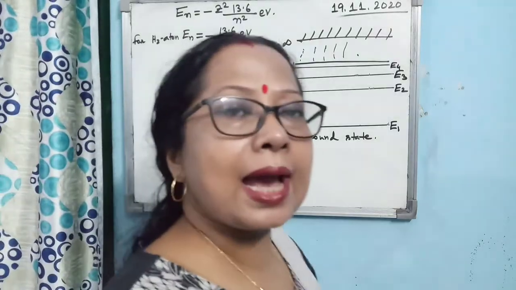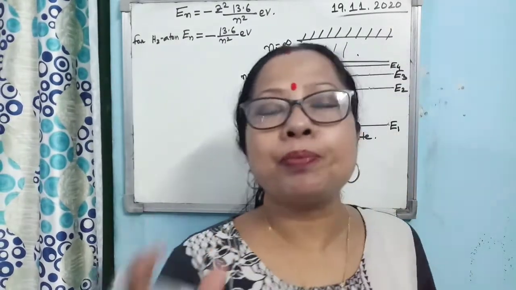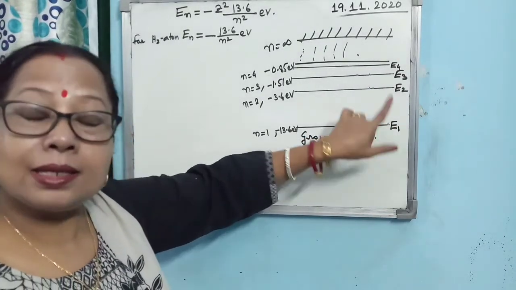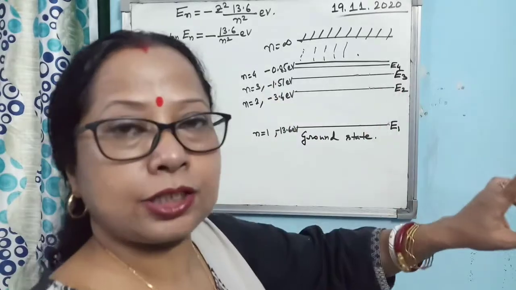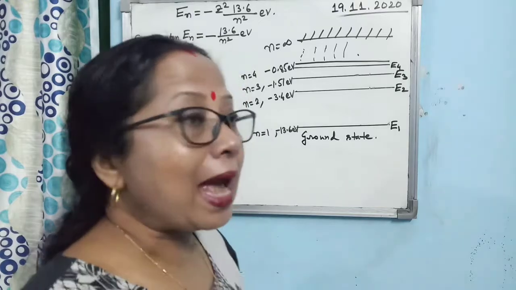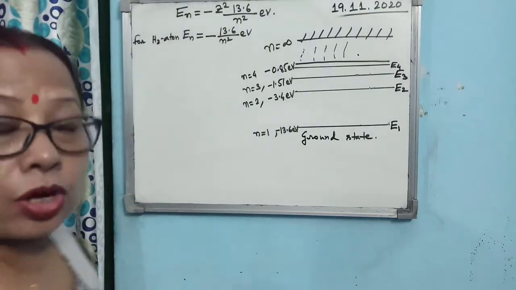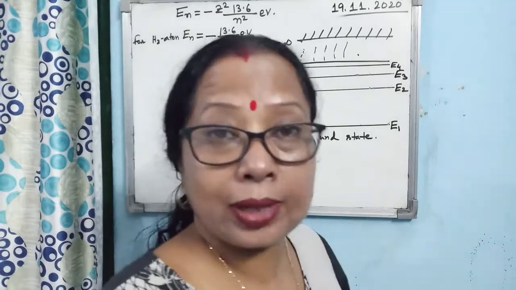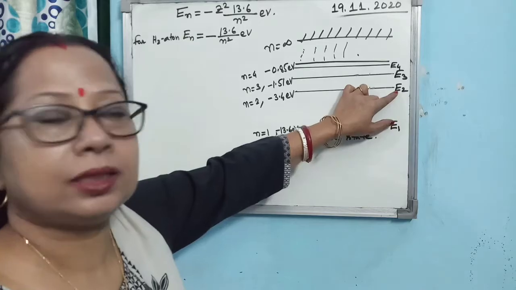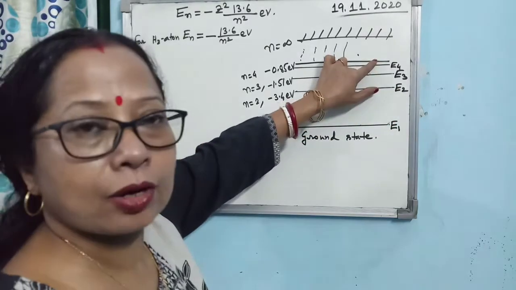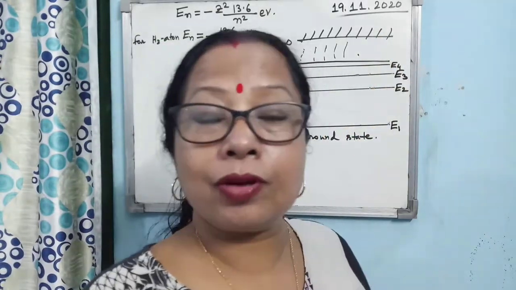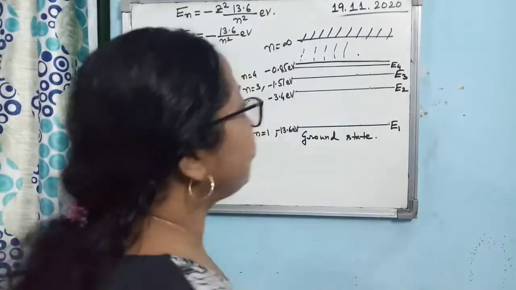So you see, when an electron is getting the proper, suitable energy for that stable orbit, the electron will stay. It means that depending on how much energy it has, it may stay in E1, E2, E3, E4, like that. Is that clear? And then when the electron gets extra energy, suppose the electron in the E2 level has got extra energy, then what will it do? It will jump to some higher orbit, higher level, but it cannot stay in that level. It will stay in that level for 10 to the power minus 8 seconds, and after that it will come back.